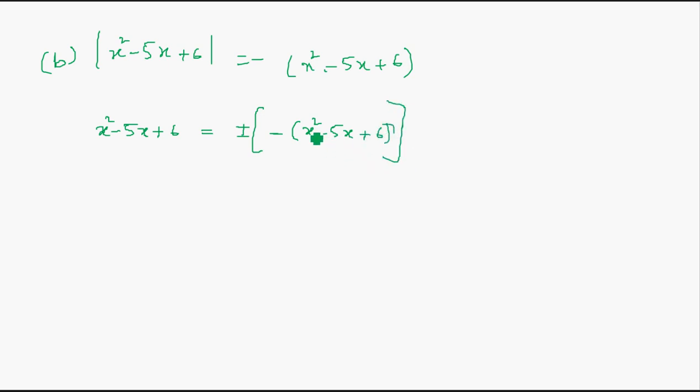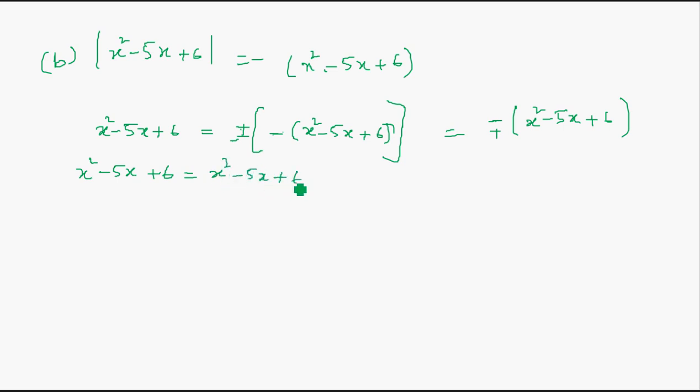Okay, here simply when we multiply plus with minus, it will become minus, and when we multiply minus with minus, it will become plus. So this will be x square minus 5x plus 6. So I hope you understood what I did. So here basically this plus or minus I have multiplied with the minus, it just got inverted. Basically it's the same thing, right? So first case we will take when the RHS sign is positive.